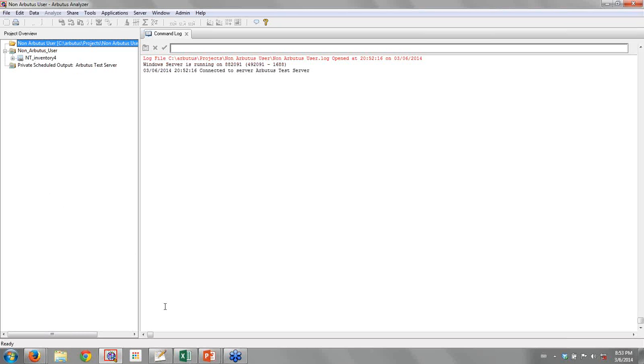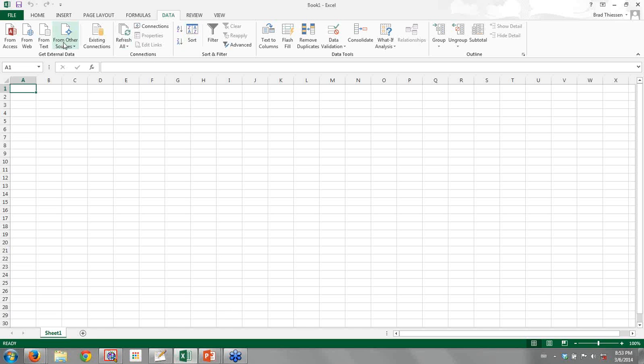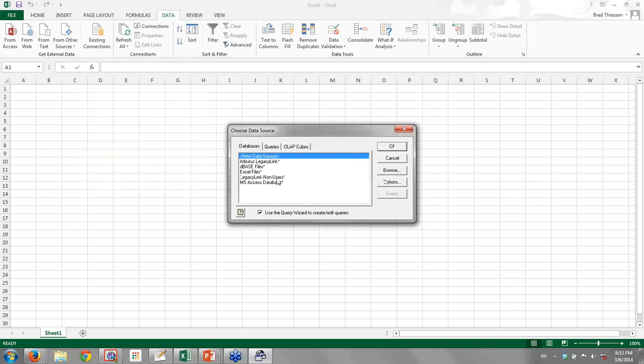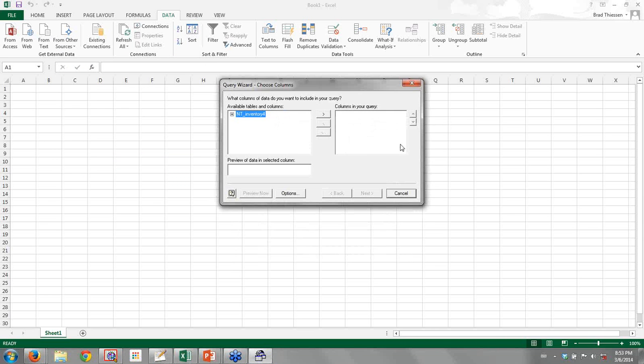So in this case, I put a simple inventory file into an enterprise shared folder. Now I'm going to switch over to Excel as an example of how this can work. If I'm an Excel user, I can go here and choose something called Legacy Link Non-Users. And what that does is essentially expose everything in that shared folder I just showed you. In this case, there's only one file there. If I take that file,